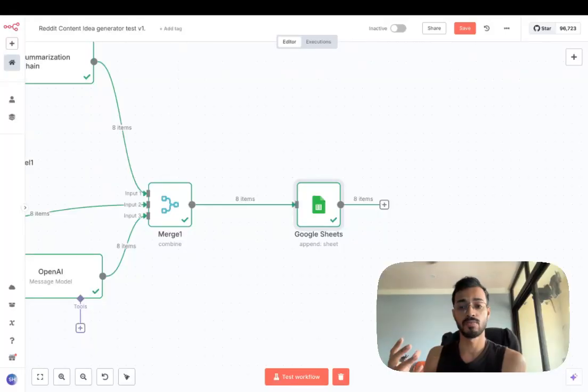But yeah, the next step would be to have a writer who takes these ideas, writes up posts in your tone of voice, in your brand voice, and ships it to a spreadsheet or Notion or Airtable or wherever else that you want it to. And then from there you can figure things out. So that's like a complete end-to-end function.